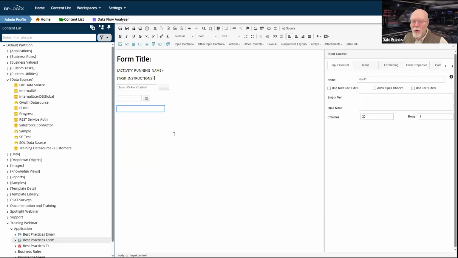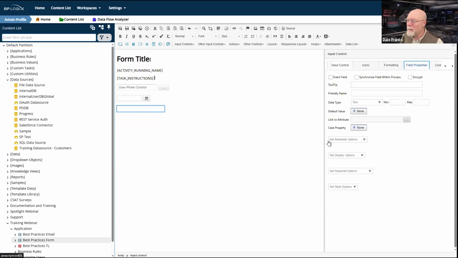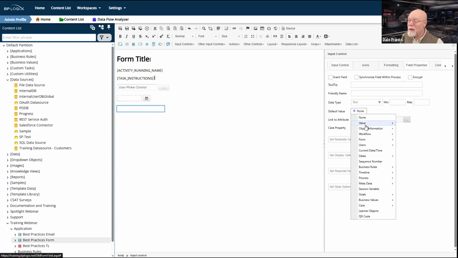This is going to get a little more complex. I'm going to need to set this request number, but I don't want to set it on the form because in my particular case, I'm going to set it via a sequence number system variable. So I'm going to have to configure that. And I want to configure that in the timeline. I'm going to configure it in the timeline because I don't want to generate a sequence number until I actually have a running timeline.